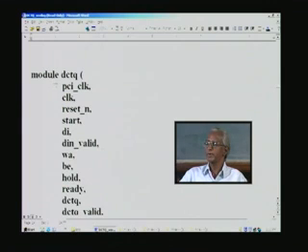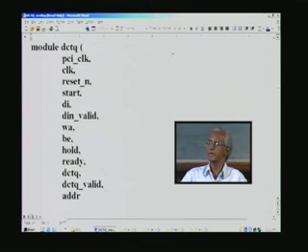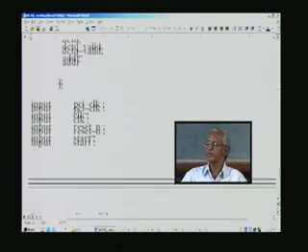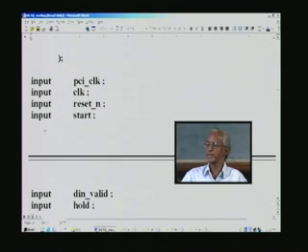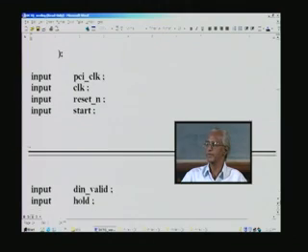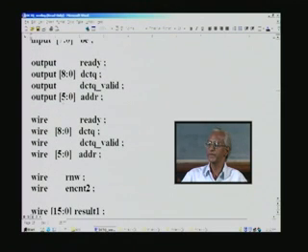So this is the top module we declare here. DCT-Q is the design, and these are all the signals that you have seen before in the form of a block diagram shown earlier, and I do not have to go into all the details. The final output is going to be DCT-Q, and when it is valid is indicated by this signal, and its address is also given by this signal. So, what we have put there we declare as either inputs or outputs, and that is precisely what you see here in the next few instructions, along with the size of these signals.